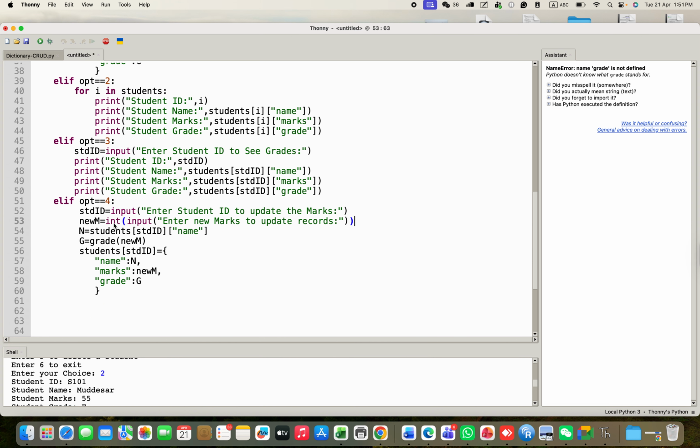I should put int because the marks are int, or eval. Eval is better, right? Now it will not give me error. While I'm at it, why not finish the last one as well? And I'll show you the functionality of 4 and 5. 5 is basically to delete it. We have to do the same thing, get a student ID to delete, and